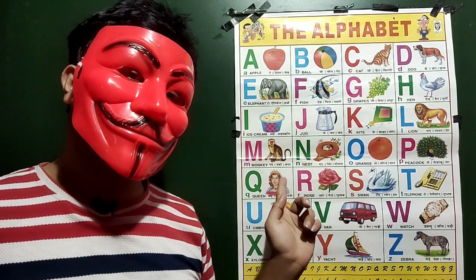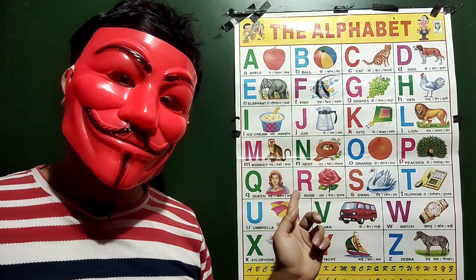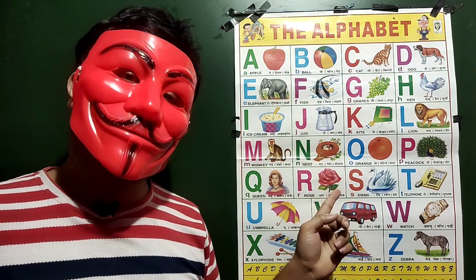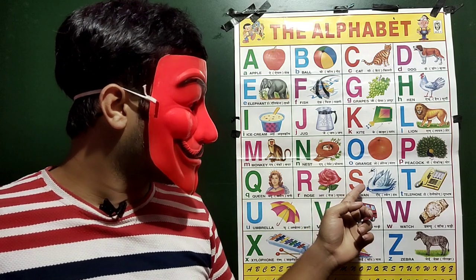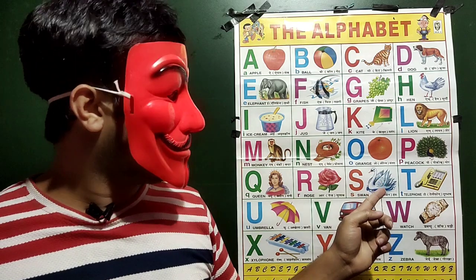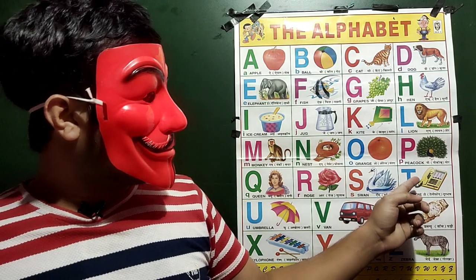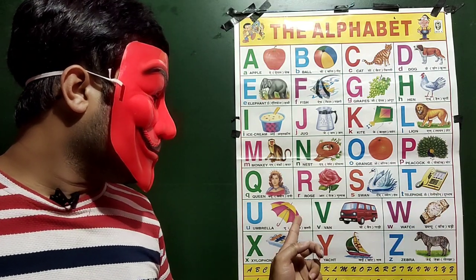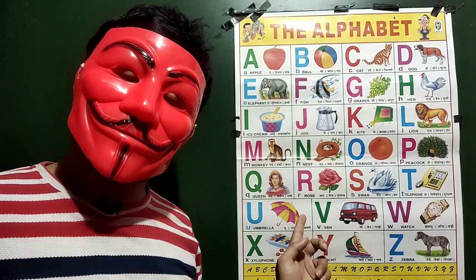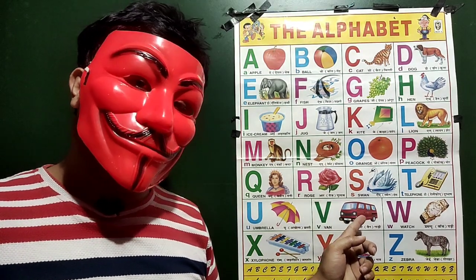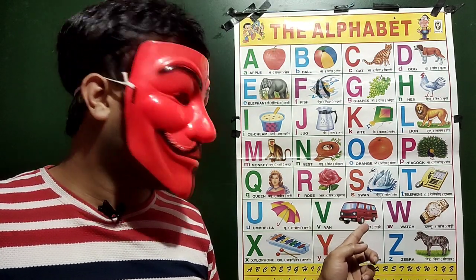Q for queen, R for rose, S for swan, T for telephone, U for umbrella, V for van,